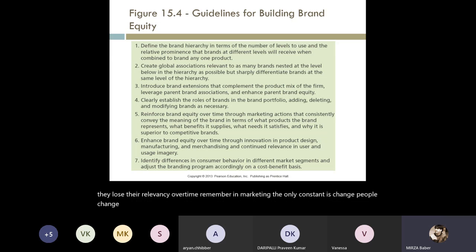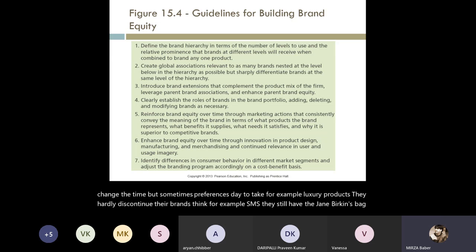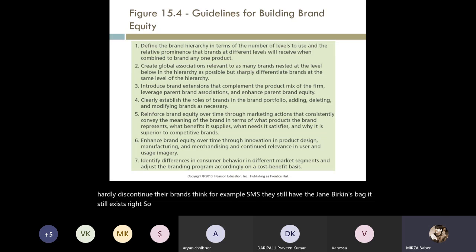But sometimes preferences stay too. Take, for example, luxury products. They hardly discontinue their brands. Think, for example, Hermes. They still have the Jane Birkin bag. It still exists, right? So that's more hereditary and different, but they kept it. They sustained it. They might have modified the brand a bit, might have changed the logo a bit, but the strong